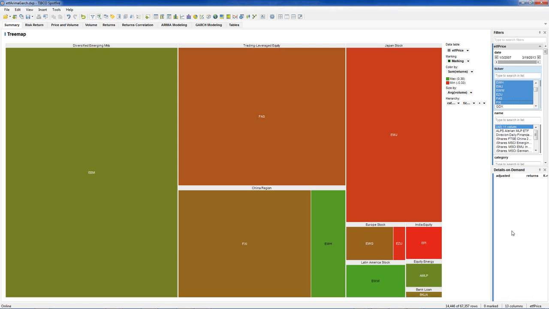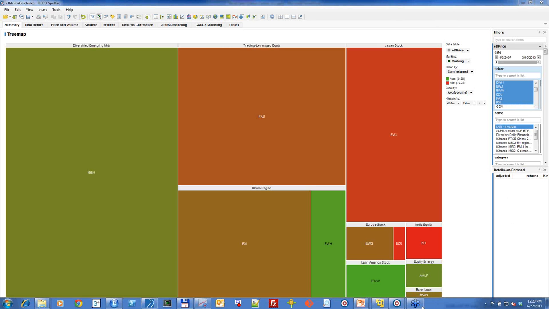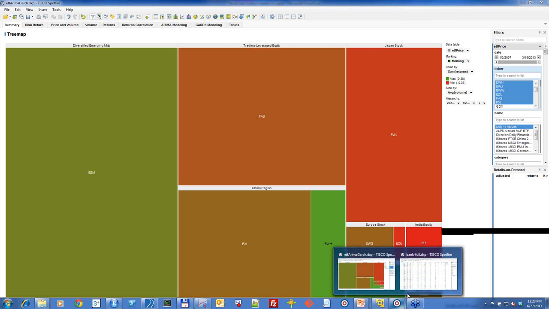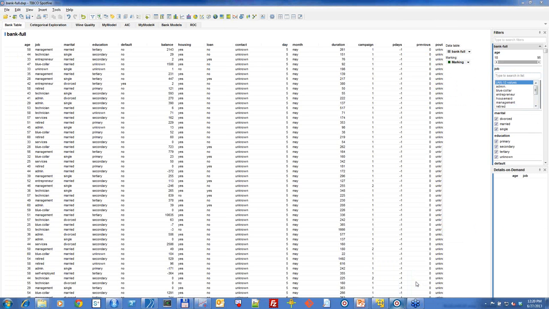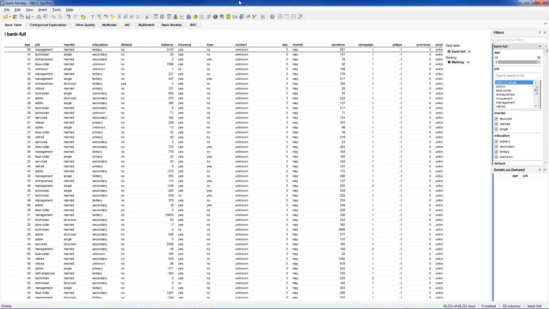We will come back to this data set later, but what I wanted to show you now is another data set that I have and another type of visualization that I like to do. This one will explore a relationship between two categorical variables. The data set in front of me is a marketing data set from a Portuguese bank. They performed a survey on their customers, and they collected information such as their education, marital status, and so on.